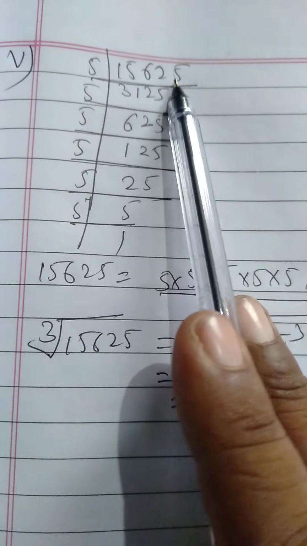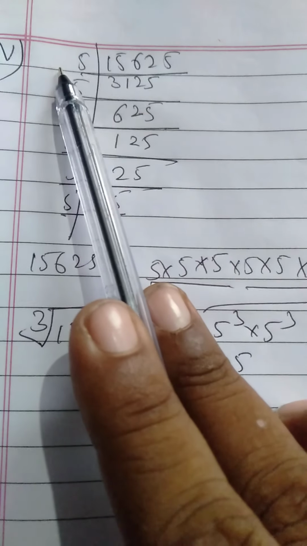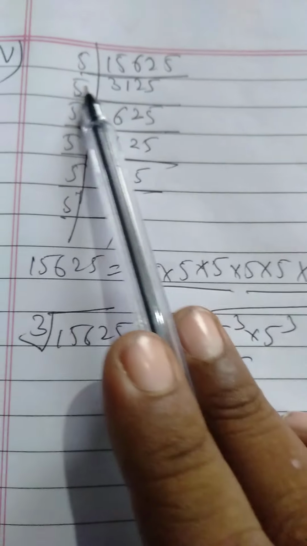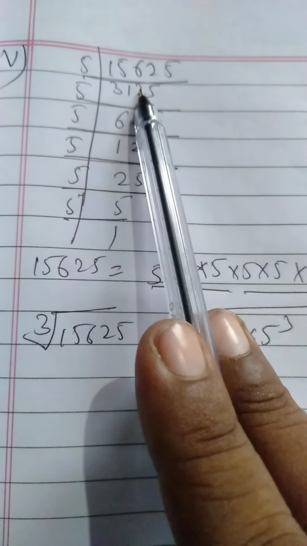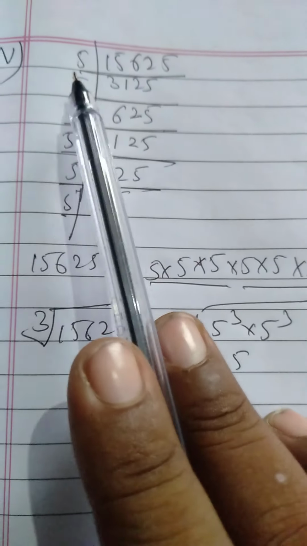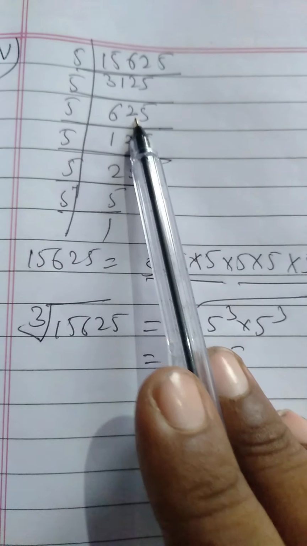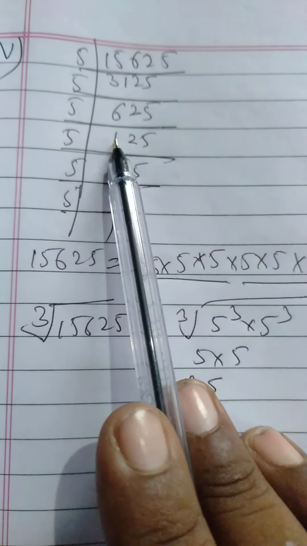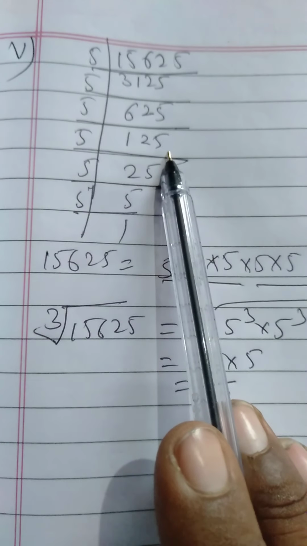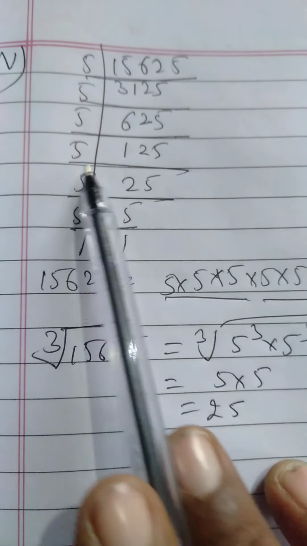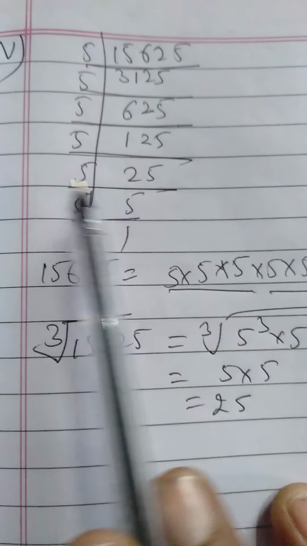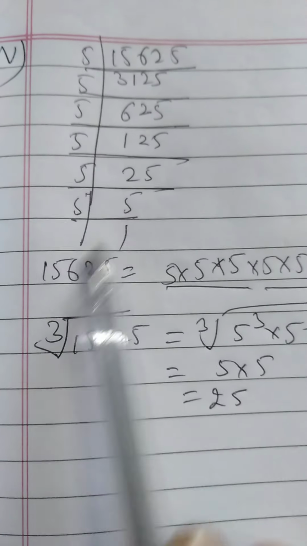So this ends with 5, so let us start with 5. It is easy to check it. 5 3s are 15, 5 1s are 5, 5 2s are 10 and 5 5s are 25. Now goes at 5, 5 6s are 30, 5 2s are 10 and 5 5s are 25, 5 1s are 5, 5 2s are 10 and 5 5s are 25. Now goes at 5, 5 2s are 10, 5 5s are 25, goes at 5 again, 5 5s are 25, and